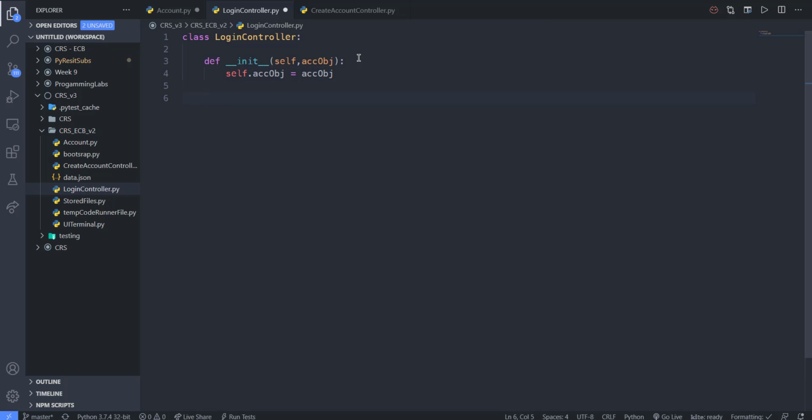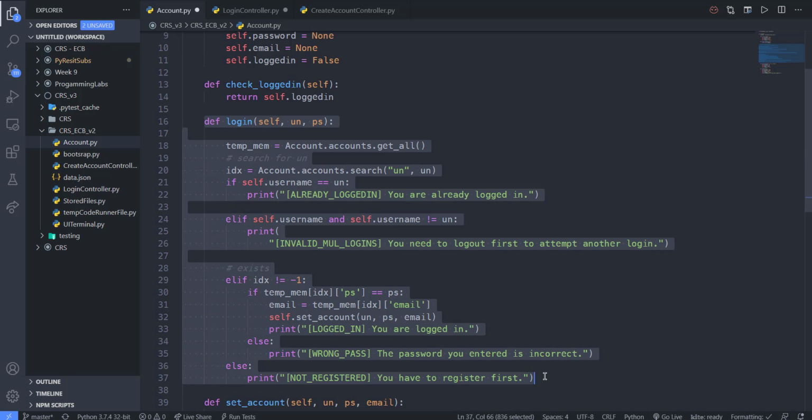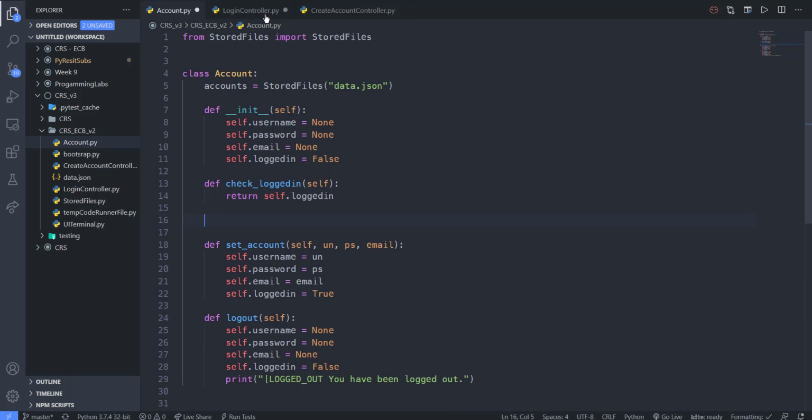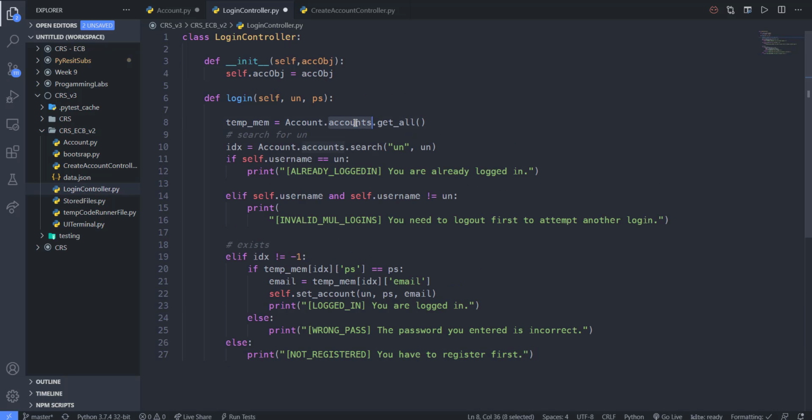Like this, and we are going to take the login method from the account, put it there. Notice that we are using accounts, so the object is gonna serve in this part,